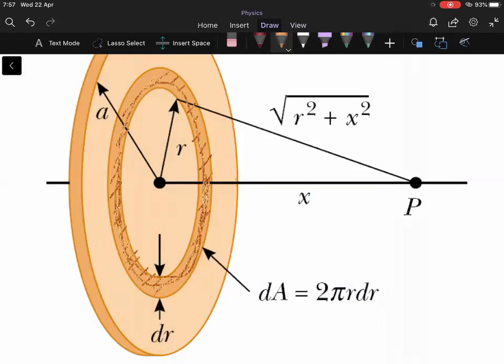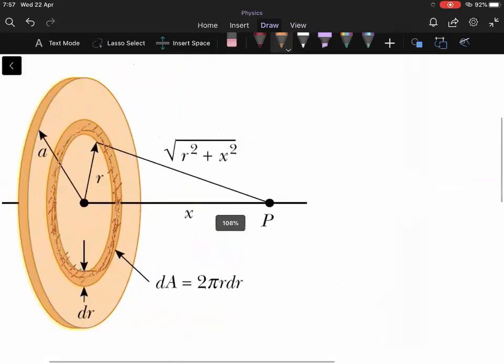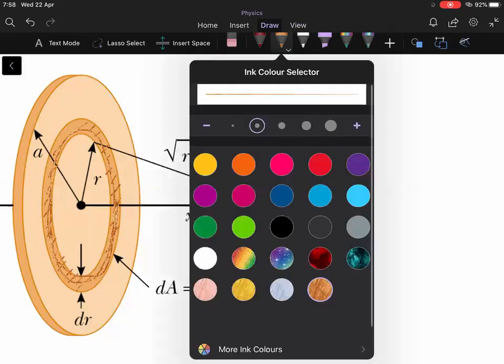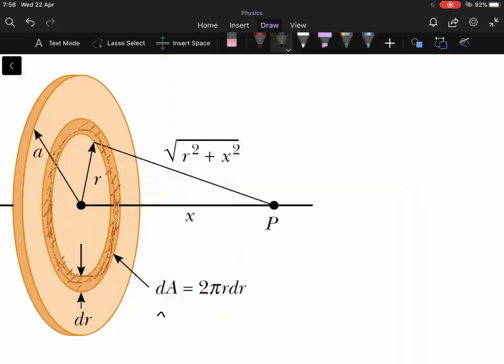We know that the charge density is sigma. Okay, it is given that charge density is sigma. So if I know the area of this ring, elemental ring, then I can easily find out the charge on it. Yes or no? So dq will be given by sigma times dA. Now this dA is nothing but 2 pi r dr. 2 pi r is the perimeter of the ring, dr is the thickness of the ring, right?